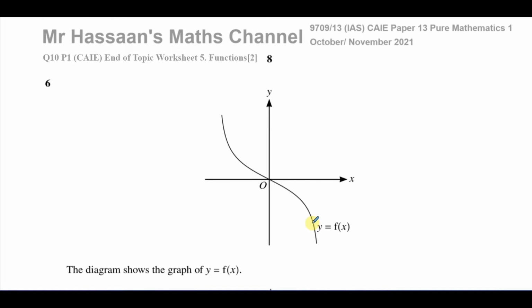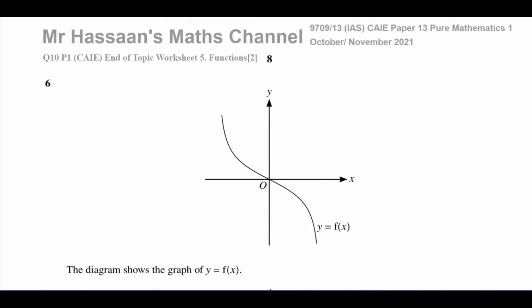This is Pure Mathematics 1 from the Cambridge 9709 exam, and this is paper 1-3. And this is also a question that I've added onto my end of topic worksheet for functions. End of topic worksheet number 5 for my P1 Cambridge collection, and this is the second worksheet